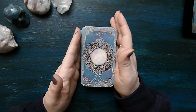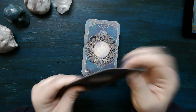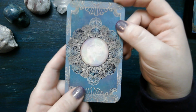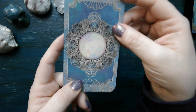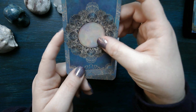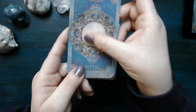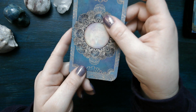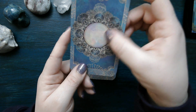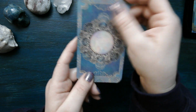So this deck is a very nice sturdy cardstock. You can see the back. Like I said, it's a really gorgeous blue color. I don't think the richness of the colors is really showing up. There's a very light white design of like a shell on there, if you can see, and like a peachy greenish purple gorgeous colored center, very pastel colors, and that kind of shell design is echoed all around here